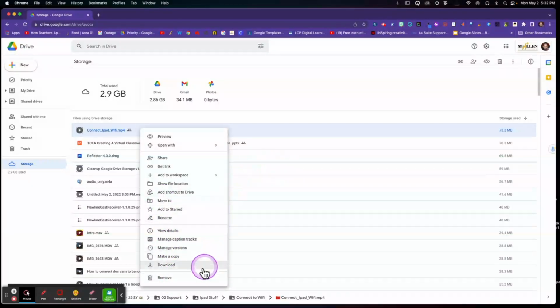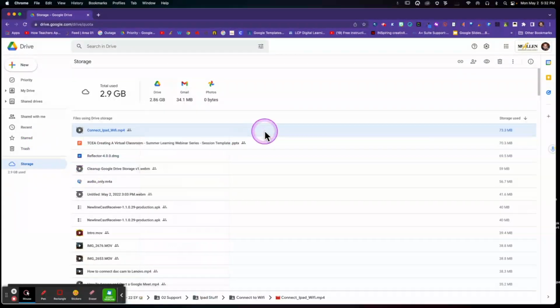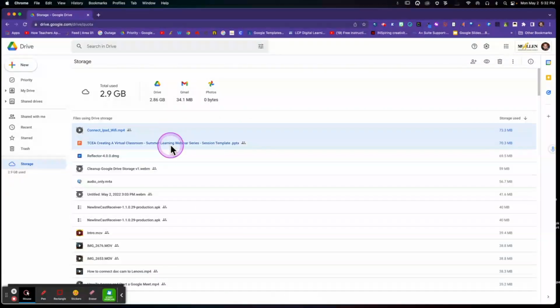Okay, so when we click Remove, it's going to move that file into our section of our drive called Trash. So that trash is right here. Now, if I need to select multiple files, I can. So let's say these first 2 files I need. If I hold down the Shift key, I can select those 2 files together, and then I can move those over there into Trash. Okay, so you can either click Remove, or I can drag them actually over into this